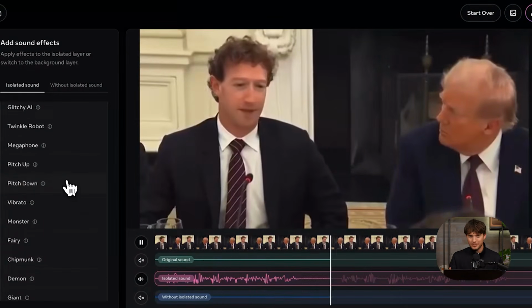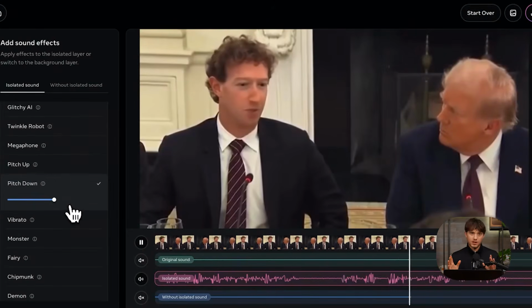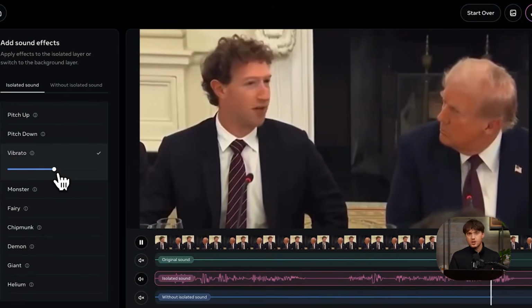So you can see how this tool can be really fun. And all of these tools, I feel like, have a ton of use cases for professional uses, and also just for having fun. I'm excited for these tools to come to